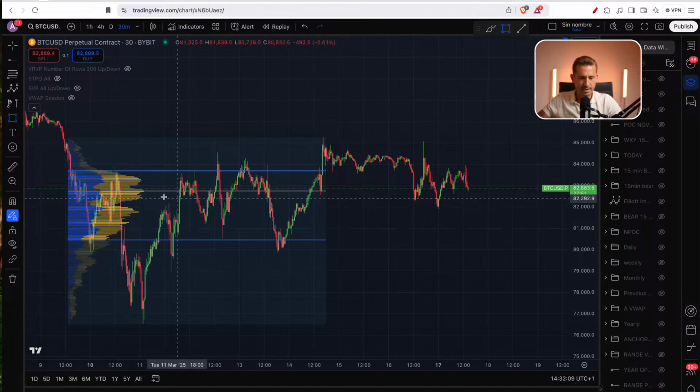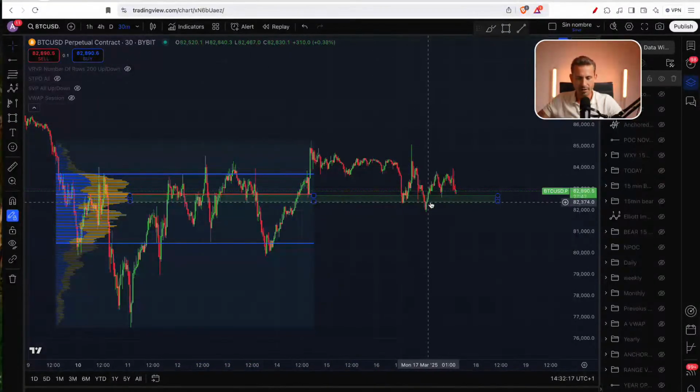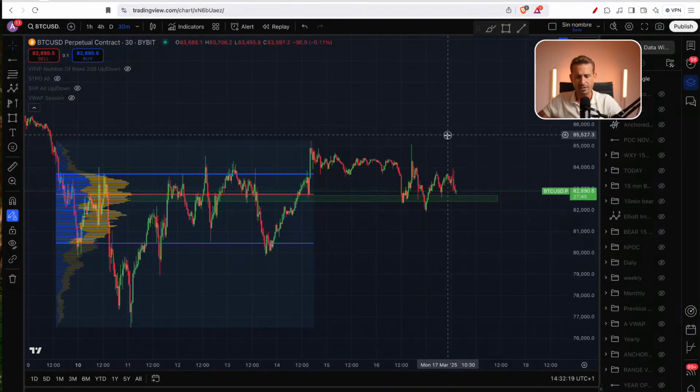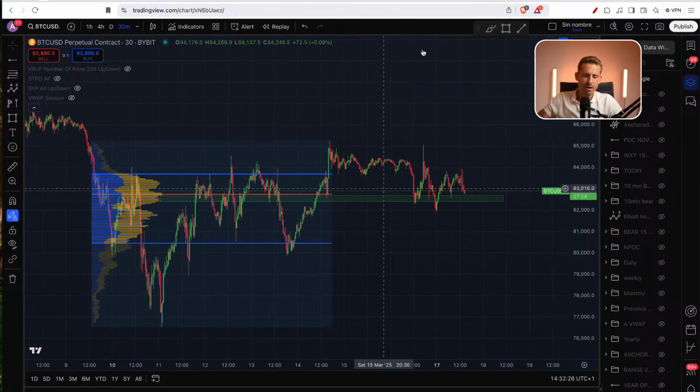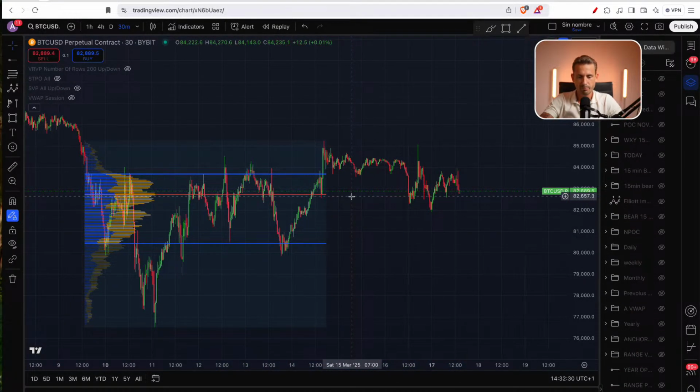Right? It is trying to break down from this high volume node area. So far, it is doing a pretty good job just testing the lows, not managing to break, getting the bounces. Okay, so we are holding this area pretty nicely, the point of control of the range of last week. But